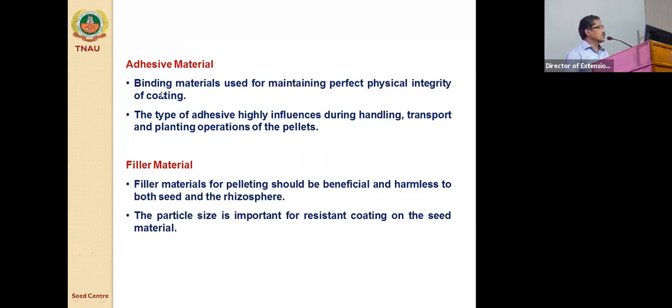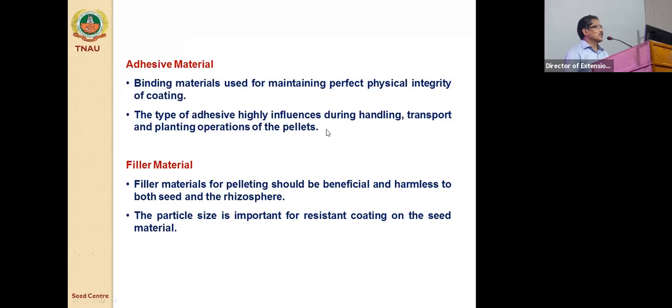Similarly for adhesives, the binding material should be a good binder with perfect physical integrity of the seed with filler material. It should have a positive effect on seed growth and not have any negative effect.